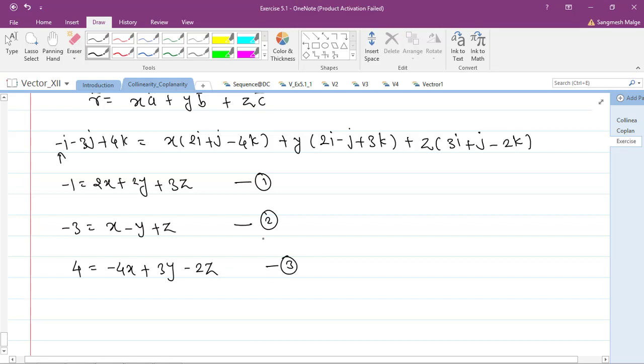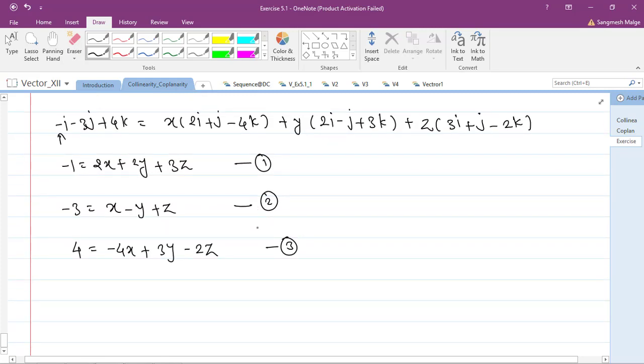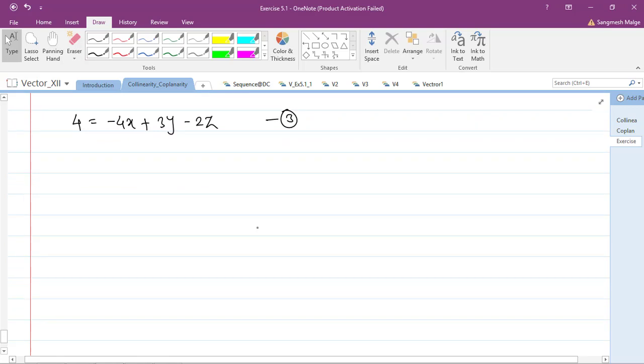So using Cramer's rule we can simply find out the values of x, y and z. I have explained in detail what Cramer's rule is. So the quick revision for Cramer's rule is: small x is equals to dx by d. What is dx? Dx is nothing but the determinant having the answers at the first position.